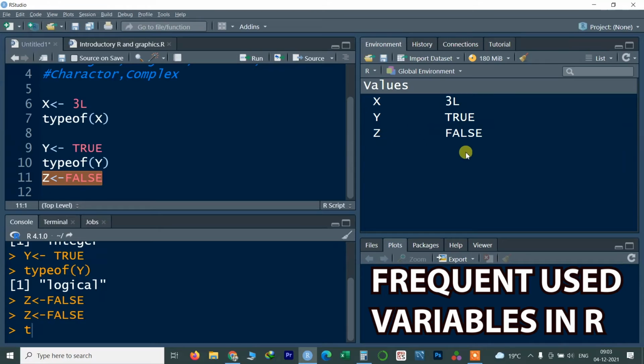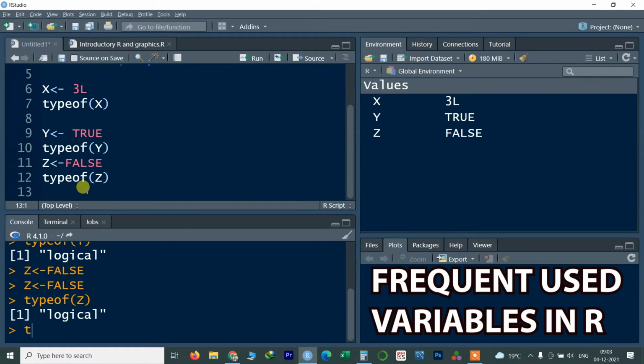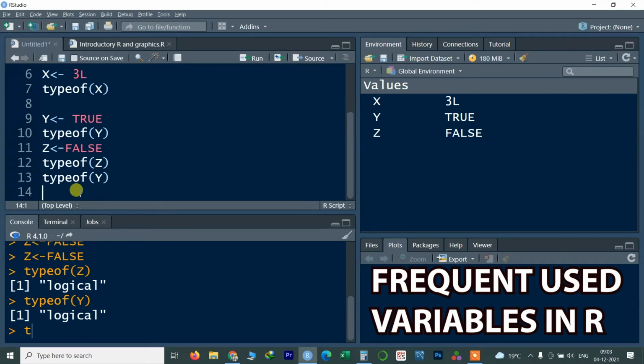Here you can see z is equal to FALSE. Now I want to check the type of z. So type typeof in brackets z and Control Enter. Here it is logical. Likewise, if I check y with typeof, then Control Enter, it is also logical. So these are logical variables, which are quite used in R.